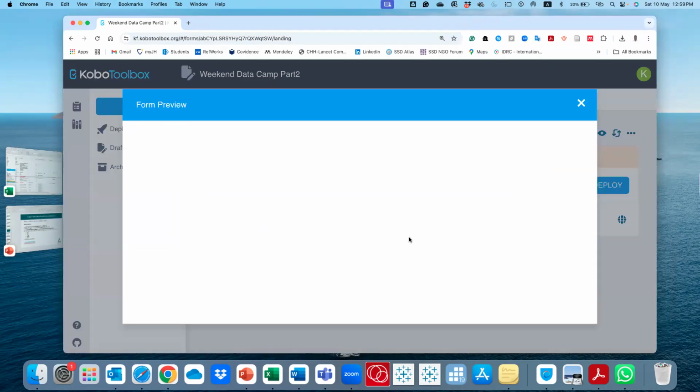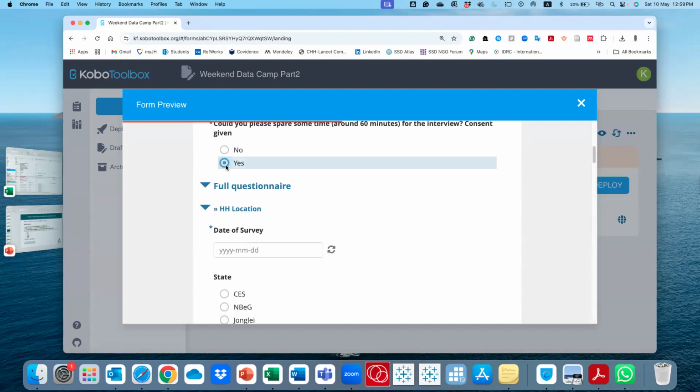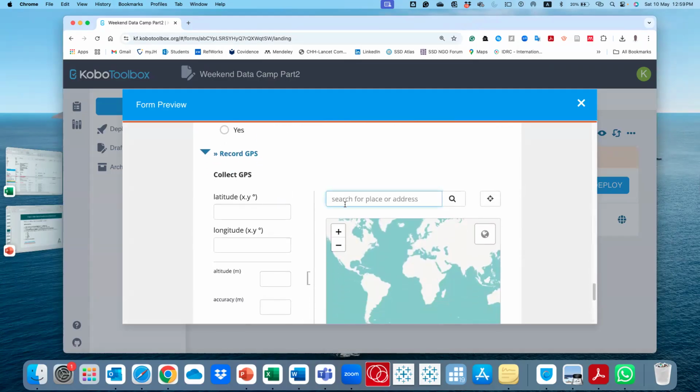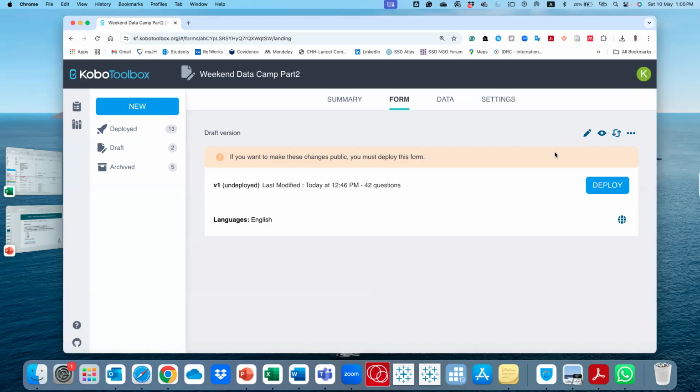But if you trust your enumerators completely, and you want, say, a school whose coordinates you know, there's an option to enter them. And if you know the address, there's even an option of entering the place and the address and you just search that. But it depends on your project and what mechanisms you want to put in place. Sometimes this GPS is used as a mechanism to see that the enumerators are collecting the data, and not filling the form from their rooms or under a tree or something like that.